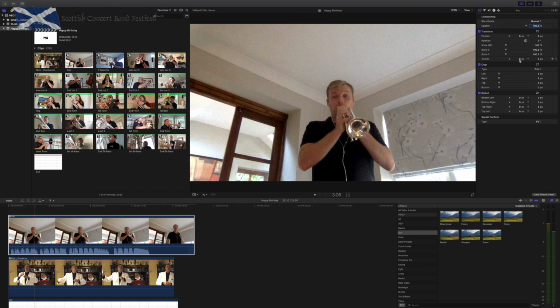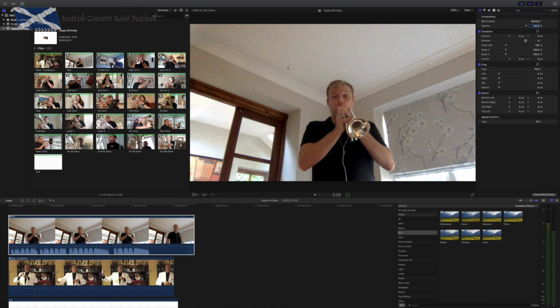Let's change the anchor point. Right now the anchor point is right in the middle, 0 pixels, 0 pixels. So it's right in the middle of this. I want to make the anchor point the bottom left. And the way I do that is, again, maths. So we take the actual width of the image, which is 1920 pixels, and I'm going to divide that by